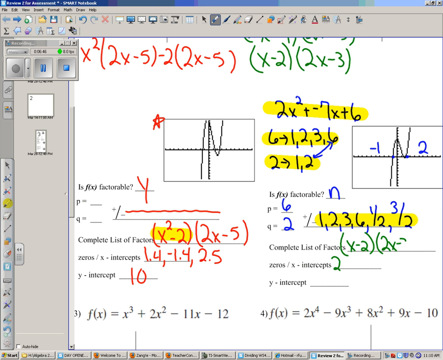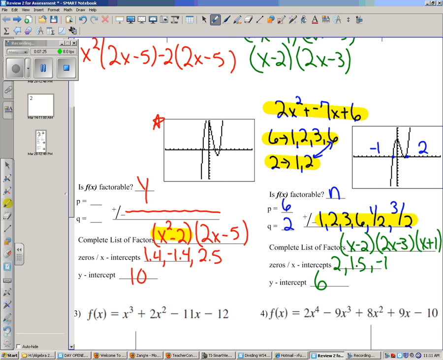When I set this equal to 0, I get 1.5, which is the one I couldn't quite tell about. And then I have to remember, I did cheat with -1, so I'm adding that into my list of x-intercepts. And x plus 1 would have given me that. Now, if I had cheated with 2 from the beginning, then my final numbers under the synthetic division, had I factored those, I would have gotten the 2x minus 3 and the x plus 1. So remember, you need all your parentheses and all of your x-intercepts. The y-intercept is 6,